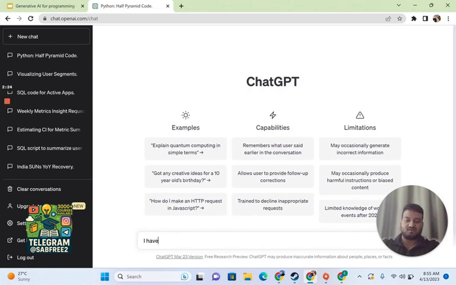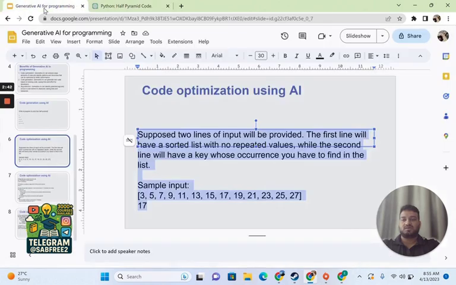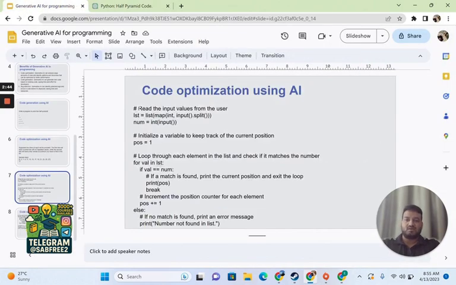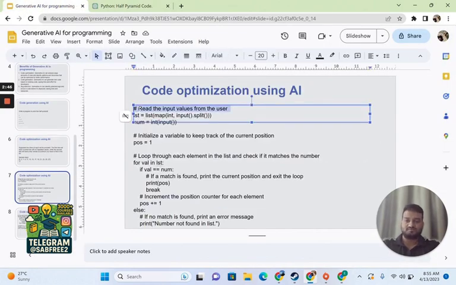I have written a code for my business problem. Problem statement is this, and then let's copy paste my code.